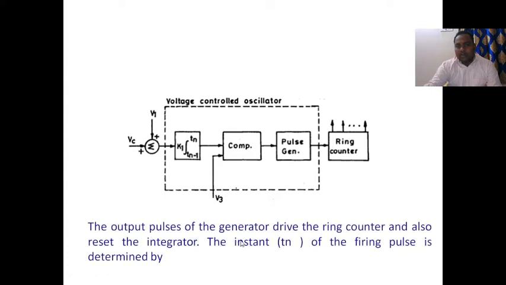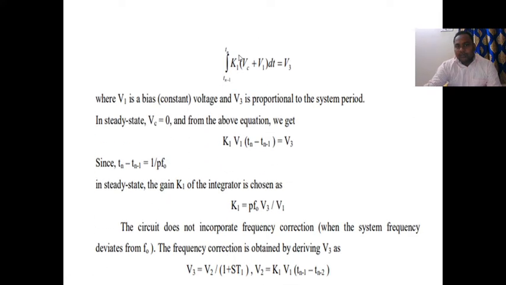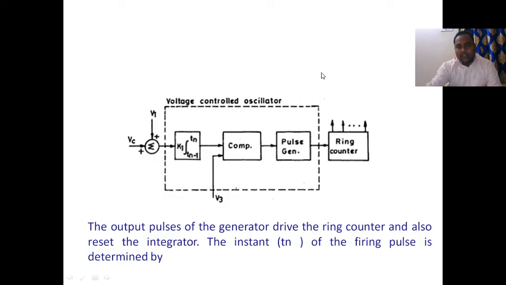The output pulses of the generator drive the firing counter and also reset the integrator. The instant Tn of the firing pulses is determined by the integral from Tn minus 1 to Tn of (K1 Vc plus V1) dt. The control voltage and V1 voltage give the V3 voltage in the diagram. Please observe the diagram. This V3 will be derived by using this circuit,